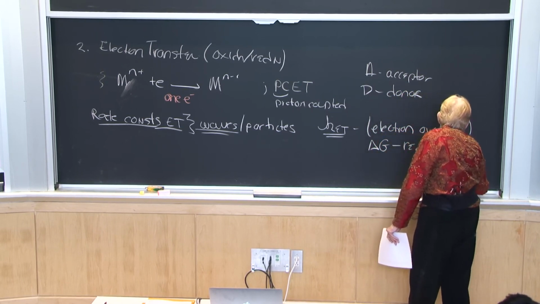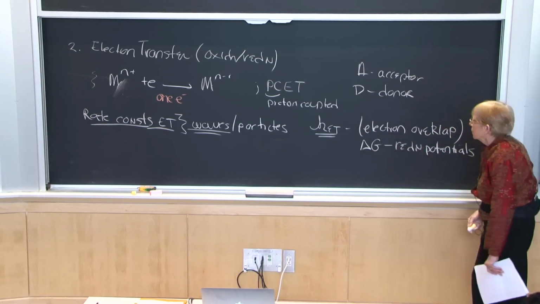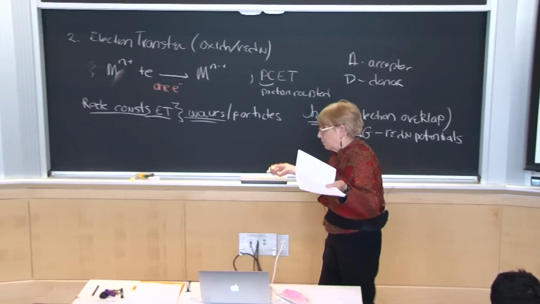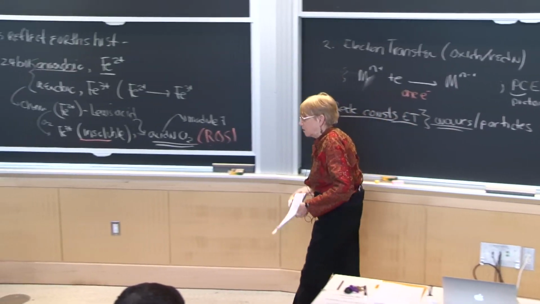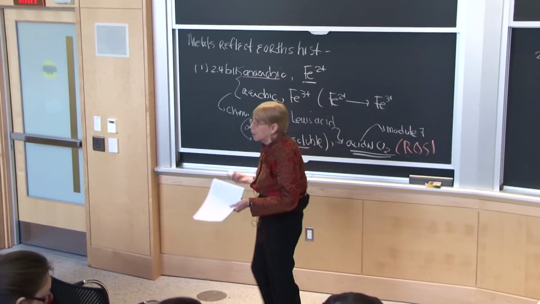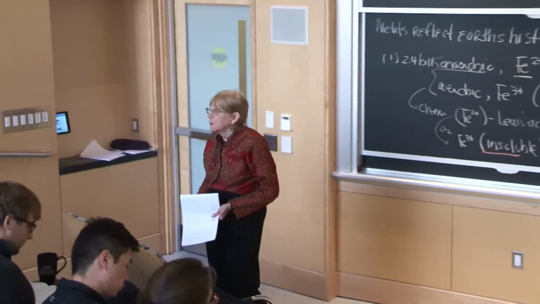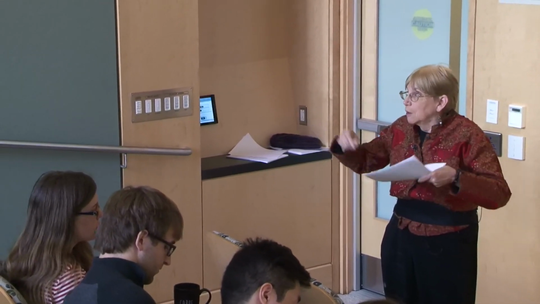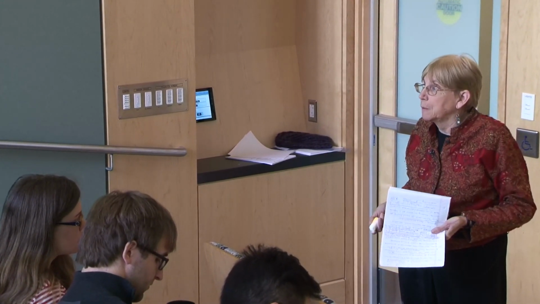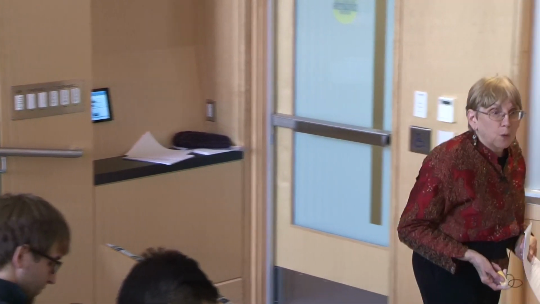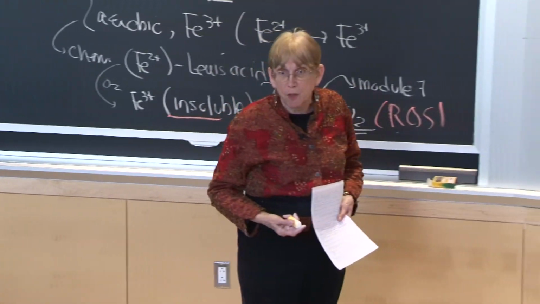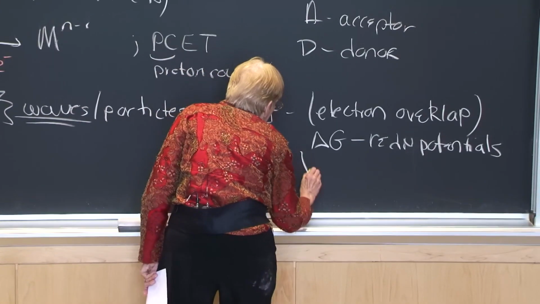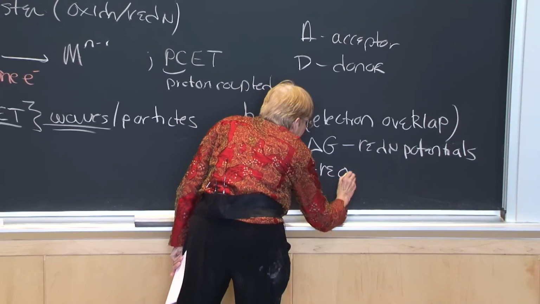And what other factor governs the chemistry? Does anybody know? Around the metals. So you have to think about how much energy it takes to go from iron 2 to iron 3 or copper 2 to copper 1. What other factor? What else happens to the metal during a reduction or an oxidation? Reorganization. Yeah, so it can change its geometry, okay? And so the other factor is called lambda, and this is reorganization